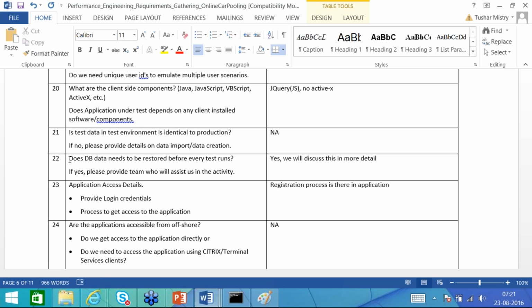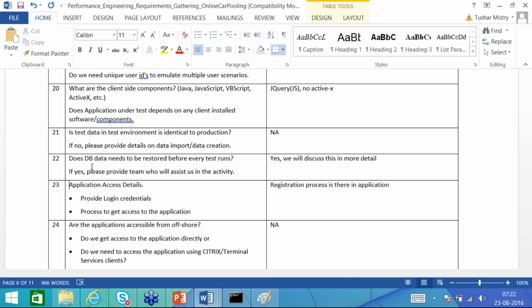You have limited data, and suppose 50 users are running and using the data, we cannot reuse the data for the next execution. So in that case, we need to restore the database so that the same data can be used for the next execution. Okay.